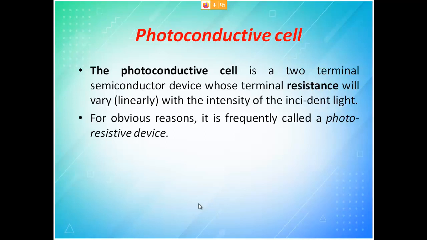Now the only difference between photoconductive and photovoltaic is, in your solar panel, there are two types of semiconductors, p type and n type. In photoconductive also you have two terminals of a semiconductor device. The only difference is, in case of photoconductive, the diode is brought in reverse bias condition, whereas in photovoltaic, the diode is brought in forward conduction. Forward bias and reverse bias, only that is the difference.